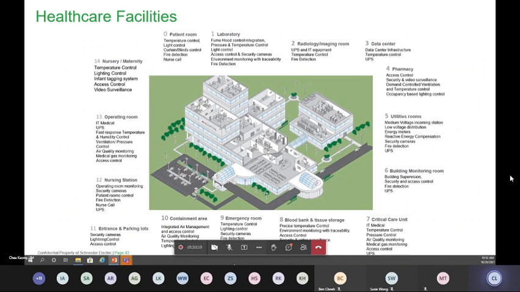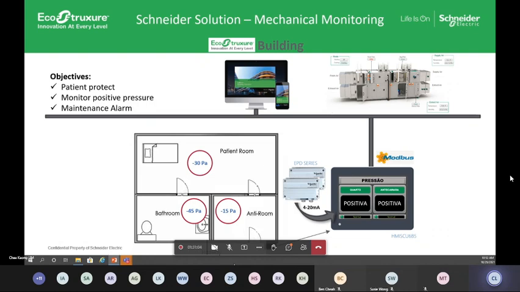And in Schneider Electric, in one way or another, we do have a solution for them. That's the reason why I keep on saying it's end to end. All right. So just a few of the applications that we can see: building management. We talk about pressurization control for an ICU. So you have negative pressure, and by doing proper pressure control, you are actually controlling the airflow direction. In other words, you are removing the harmful material in the right direction so that it doesn't harm the patient or the user within the room. So proper pressurization and a proper pressure regime are required to ensure proper airflow control, right?